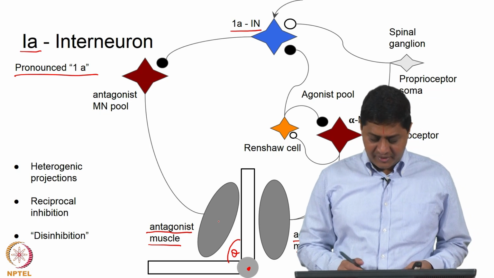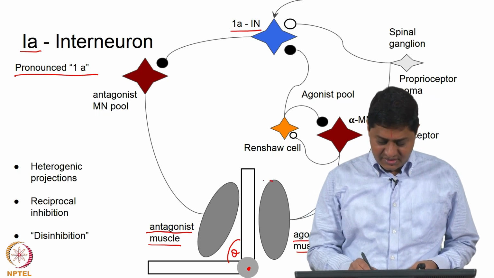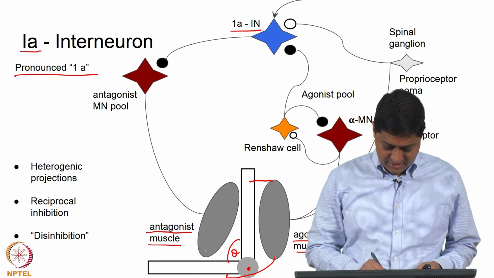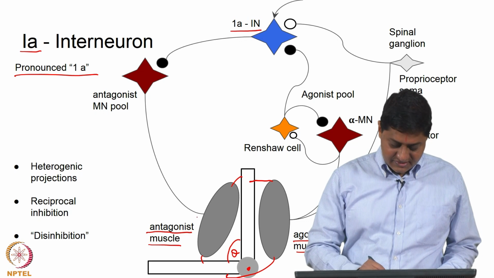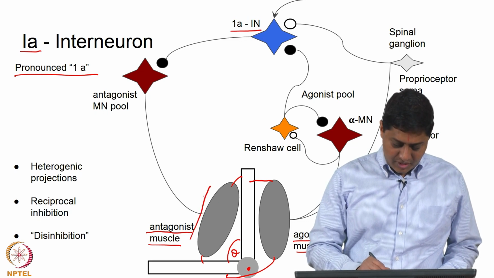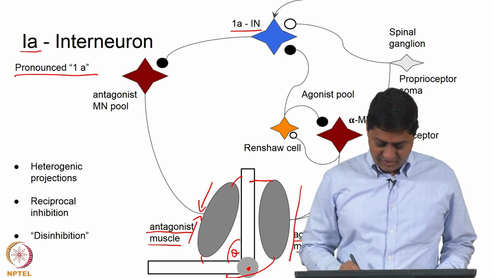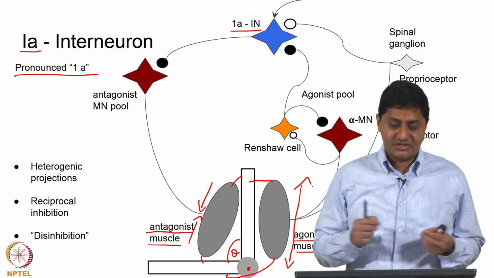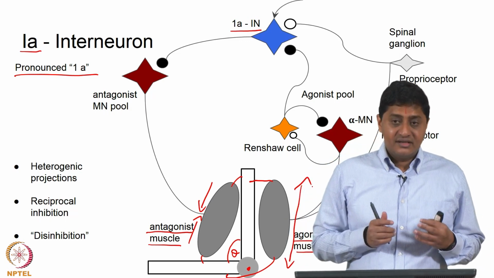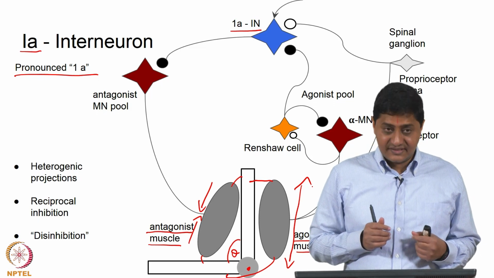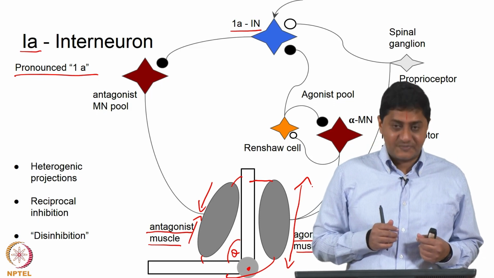When that happens, because this muscle is connected to both bones like that and this muscle is connected to both bones like this, as this muscle shortens, this muscle is going to reduce in size. As this muscle is going to shorten, this muscle is going to be stretched, elongated. When this muscle is elongated, we saw earlier a case of a length sensor, which are muscle spindles, right.